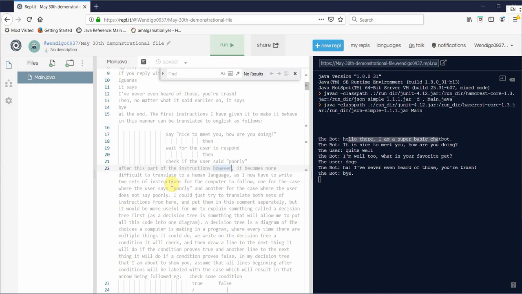I could just translate both sets of instructions from here and put them in this comment separately, but it would be more useful for me to explain something called a decision tree first, as a decision tree is something that will allow me to put all this code into one diagram. A decision tree is a diagram of the choices a computer is making when a program is run, where every time there are multiple things it could do, we write on the decision tree a condition it will check, or more like a statement it will check. So if the last thing the user said is poorly, so that could either be true or false,